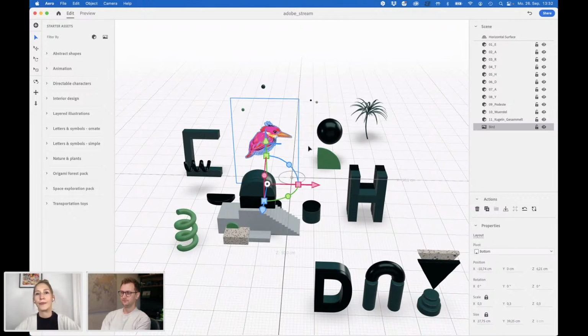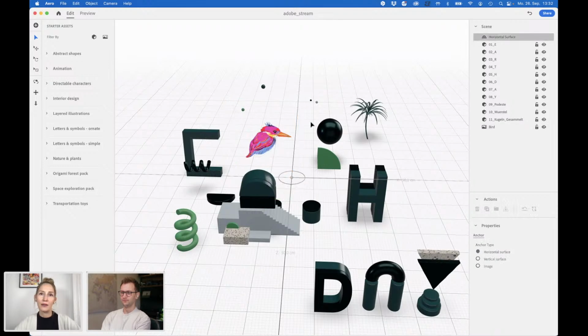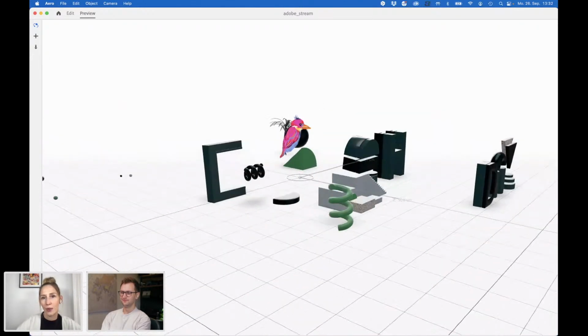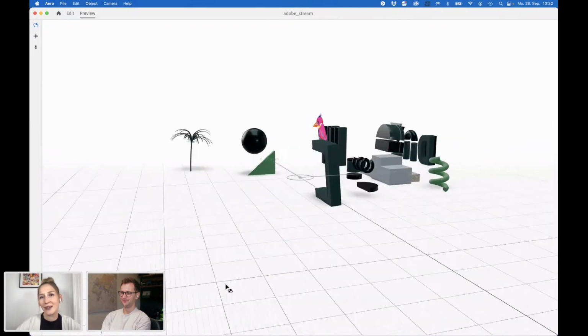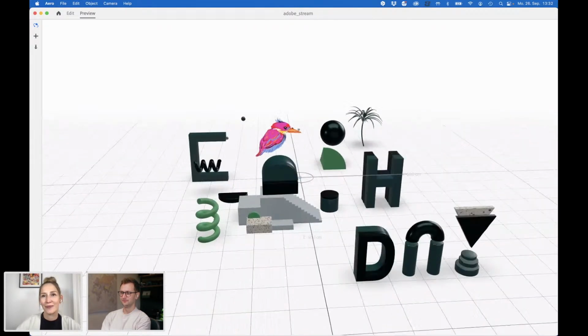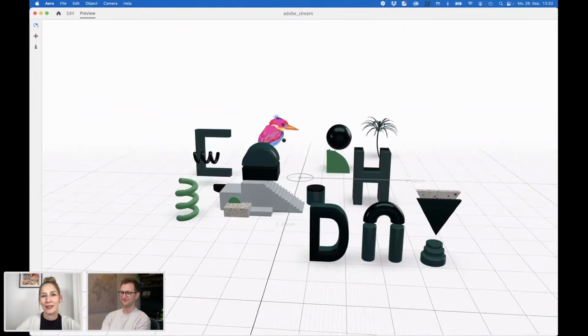I would just add this PNG file, which I created as an illustration in Adobe Fresco, and then I added this PNG file to Adobe Aero, and it works perfectly. You can also take a look at the preview. So now we have, I mean, it's just two-dimensional, but we added this cute little bird into our nice scene.